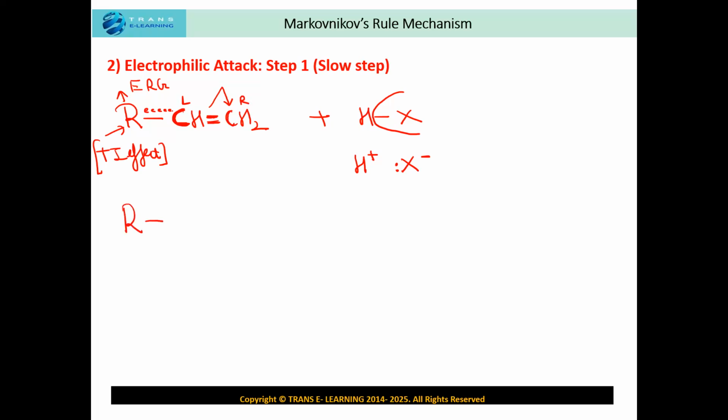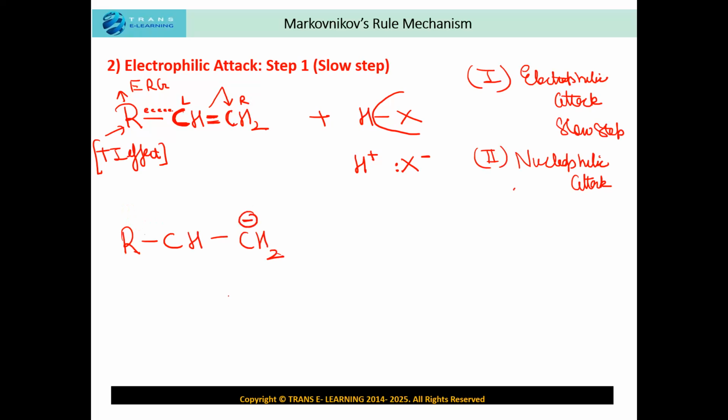It is going to form a structure in which the carbon on the right hand side acquires the negative charge and the carbon on the left hand side acquires the positive charge, and the hydrogen ion is formed, which is an electrophile, and the halide ion is formed, which is a nucleophile. So remember one thing: in any reaction where you have the electrophilic attack and the nucleophilic attack, at first the electrophilic attack takes place, which is a slow step, and then the nucleophilic attack takes place. So here in this case, this hydrogen is an electrophile, whereas this halide ion is a nucleophile. So the electrophilic attack will take place.